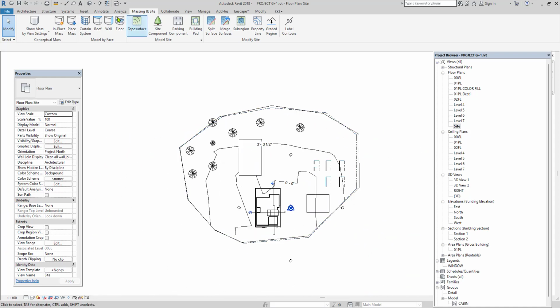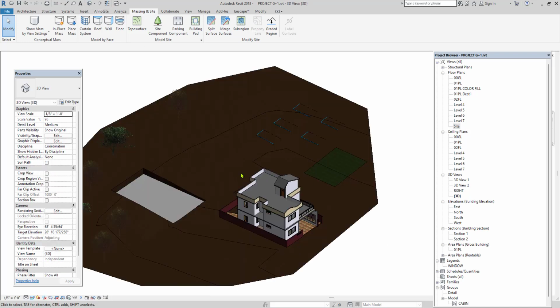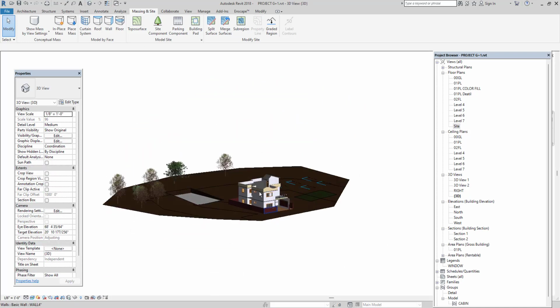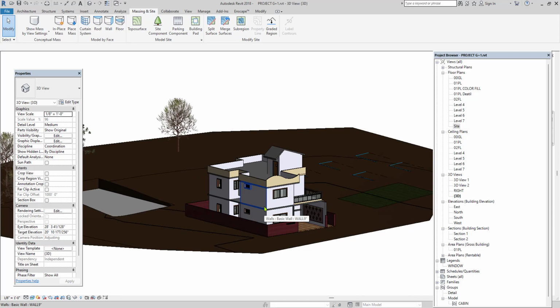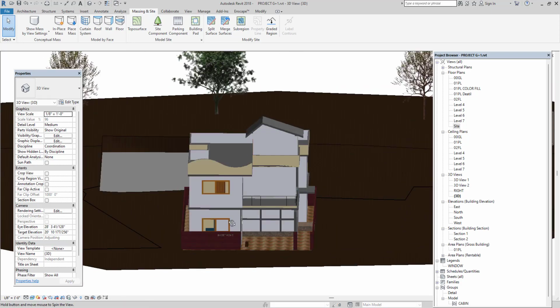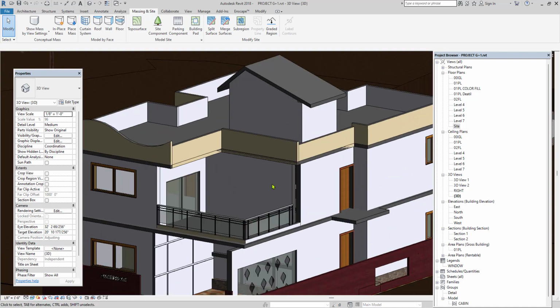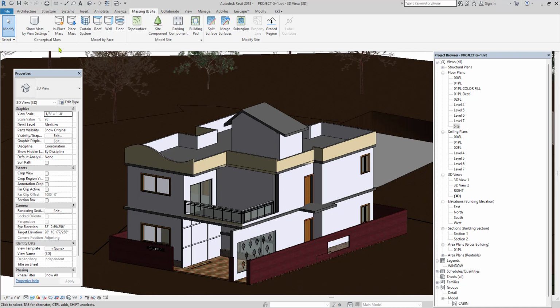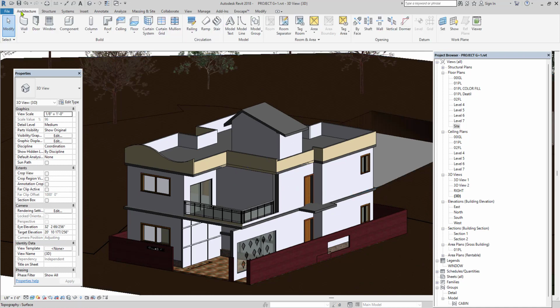So this is how we create the massing and site by using the massing and site option. Next one is insert decal. In order to place a frame or any image on your selected wall, either internal wall or external wall, we normally use the insert decal option.